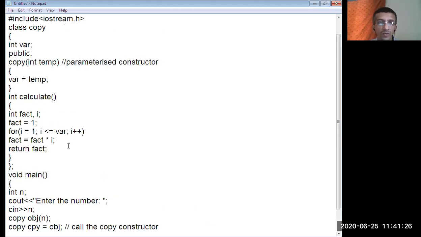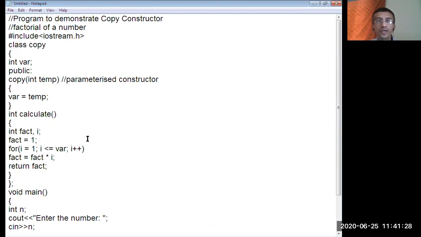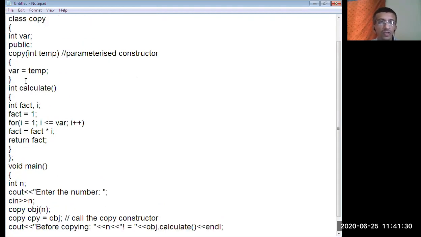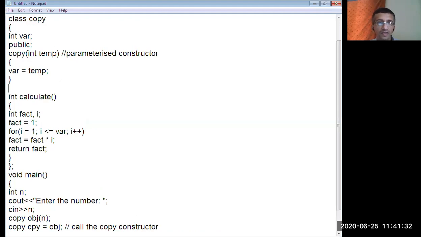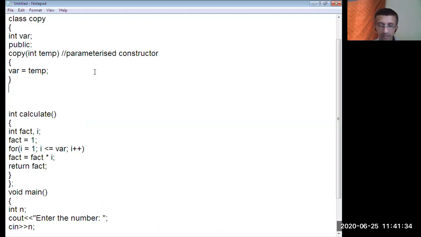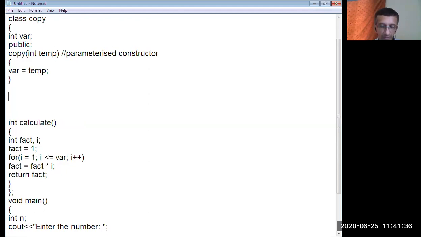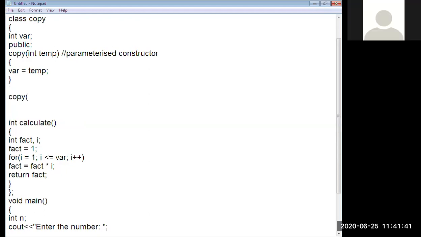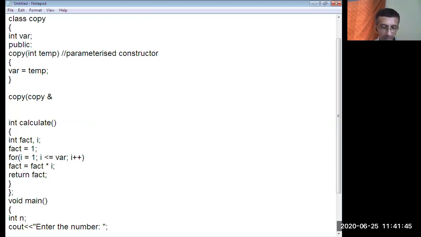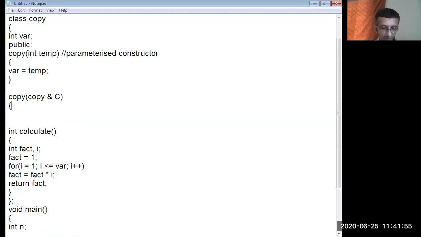Correct? Now, since the title is copy constructor, I will write one more constructor, which is actually the copy constructor. I'll use the same syntax. Copy constructor syntax I will write. You just recall. Copy, here. Copy class name, ampersand obj. Suppose c I will write. What is c? c is a reference to the already existing object. Ampersand c. Right? Then I will define